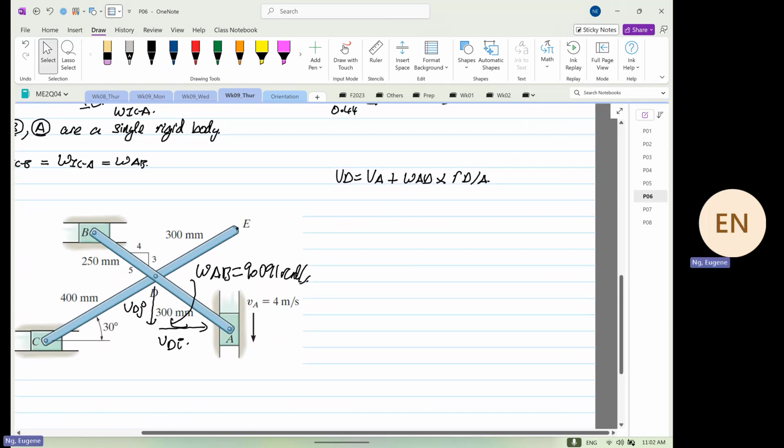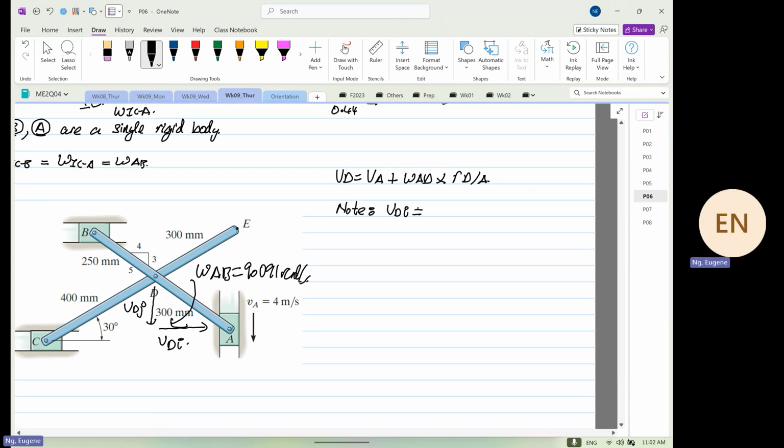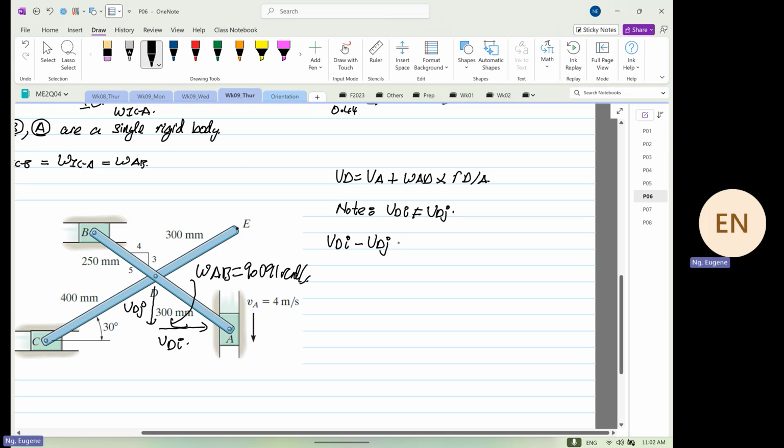Okay. So we know that note, VDI is not equal to VDJ. If you don't know this yet, it's fine. Okay, it will tell you eventually. So we know that this will be equal to VDI minus VDJ is equal to VA, which is equal to minus 4J